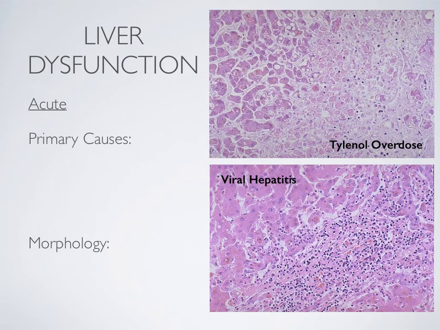So let's look at acute versus chronic liver disease. Acute liver disease is not very common. And that's because you can sustain quite a bit of liver damage before you actually get any kind of symptoms. And the liver, as long as that damage is acute, the liver can regenerate. The main causes of fulminant acute hepatitis, which is basically just massive liver damage leading to liver failure, are drug overdose,